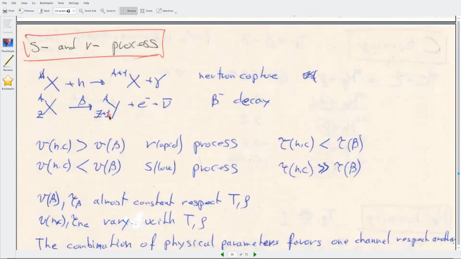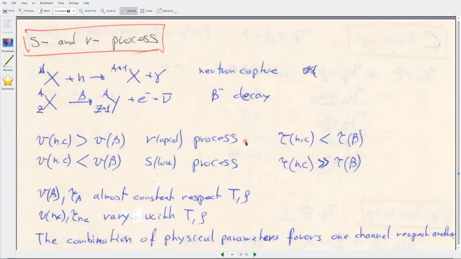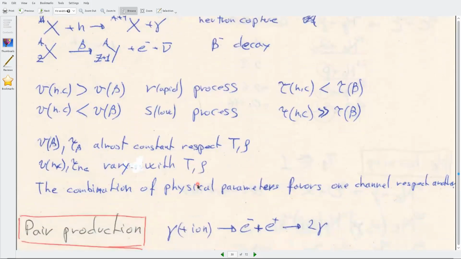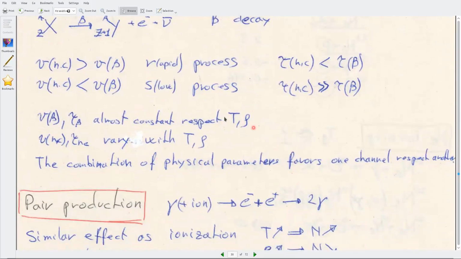The slow and rapid processes: you have two reactions, mainly the neutron capture. A nucleus can capture a neutron and go to a higher atomic number, or one neutron can decay and maintain the mass number while increasing the atomic number with the beta decay. If the neutron capture is faster than beta decay, you have a rapid process. In the other case, you have the slow process, and these are producing most of the particles above